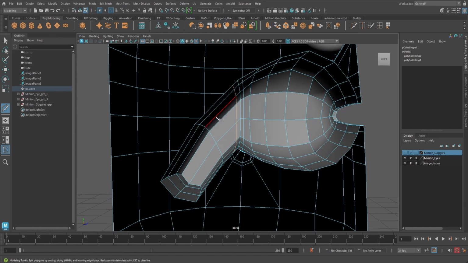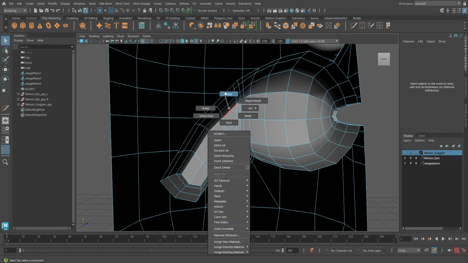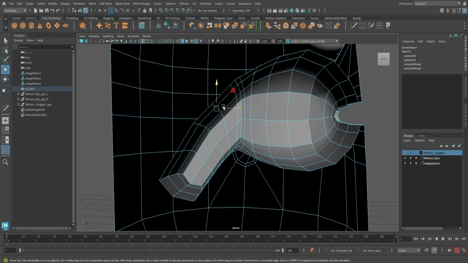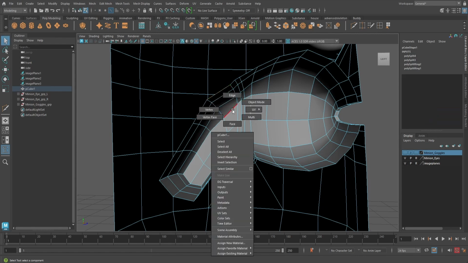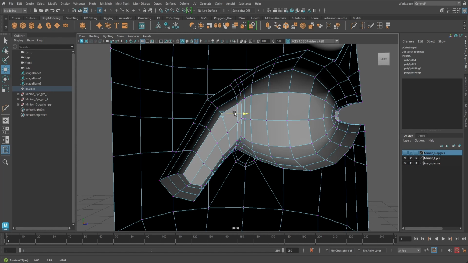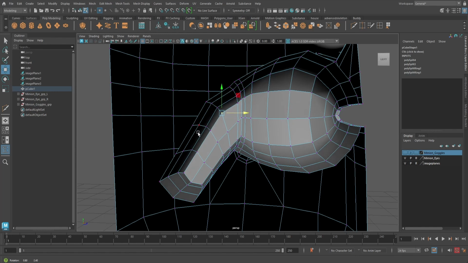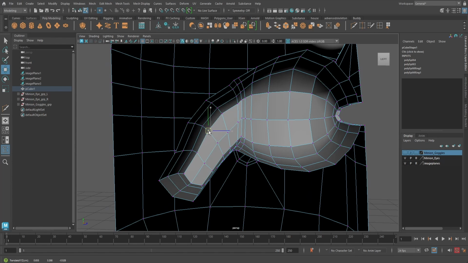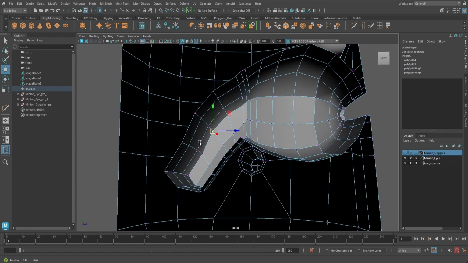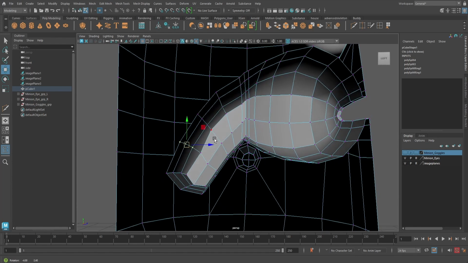Let's insert another edge loop here and here. And let's move these guys up. Move these guys up and